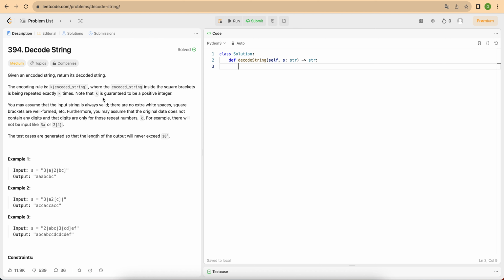So today I'm going to solve some Decode problems. Here comes the first question I'm going to solve. This is number 394, Decode String. For this question, I will explain the question description first, and then I will solve the